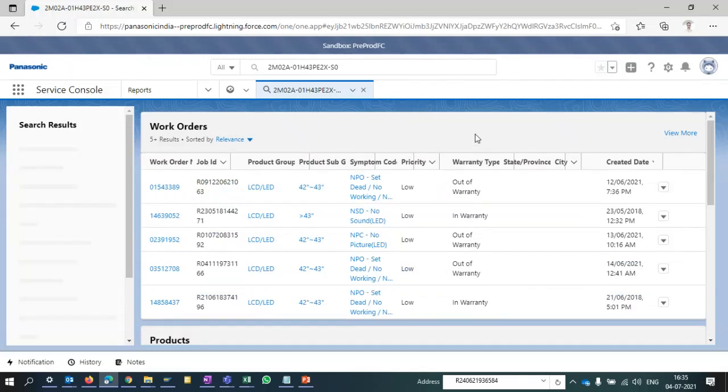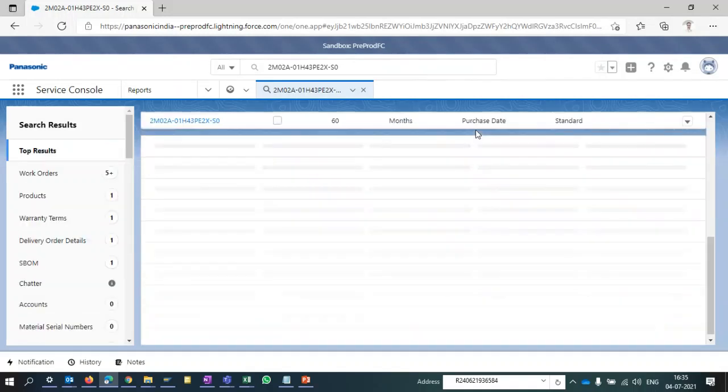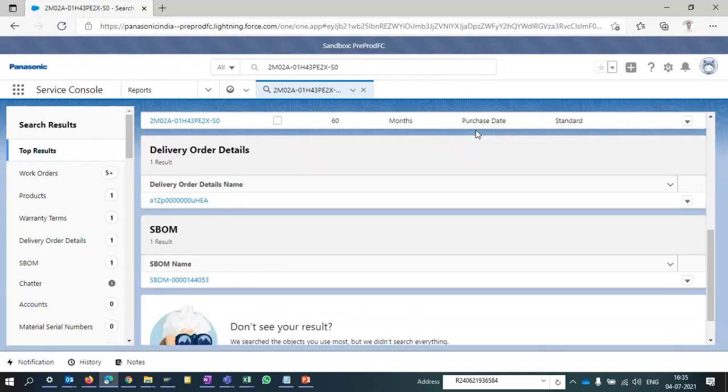So as present in current CRM, we have a service BOM functionality where part and model mapping is there in the master, and the same is replicated in Salesforce. So you will not be allowed to consume any part on the work order where it is not tagged in the service BOM.